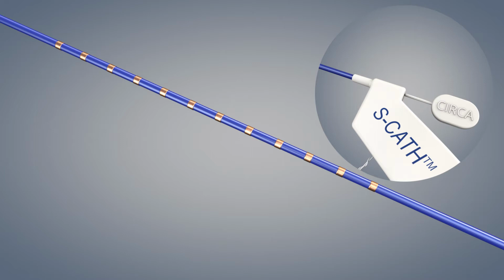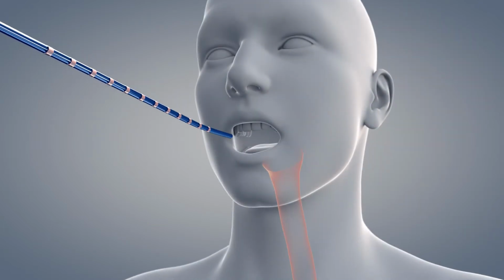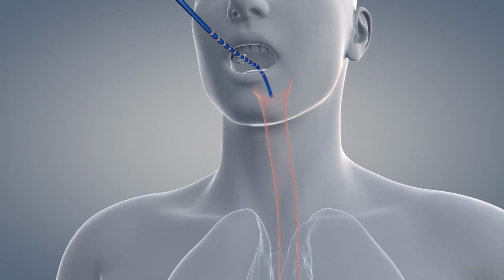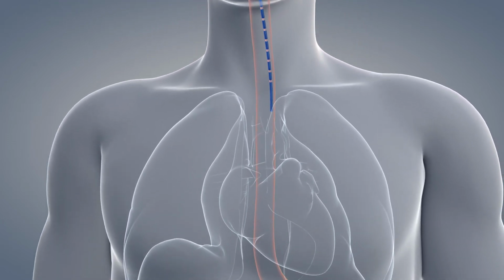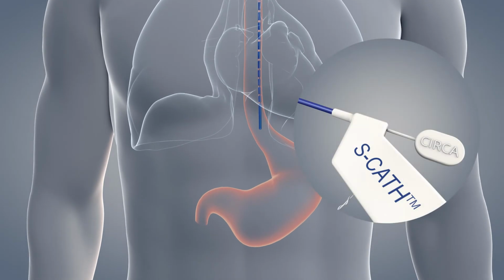The probe may be inserted either orally or nasally. Under fluoroscopic guidance, advance the probe into the distal esophagus until the distal tip is approximately 1 centimeter superior to the gastroesophageal junction. Once the probe is properly placed, grasp the connector housing of the probe with one hand and with the other